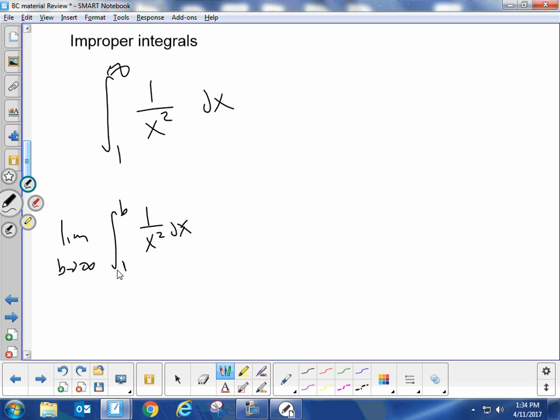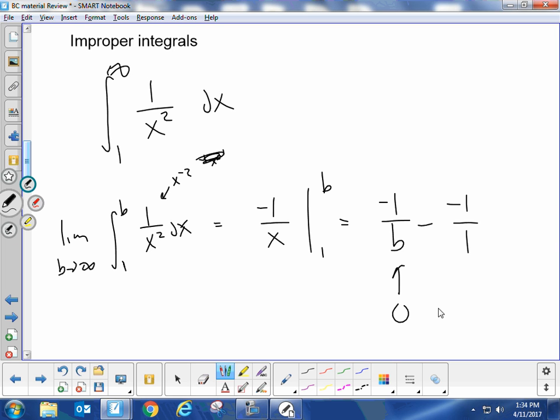So here we have the integral from 1 to b of 1 over x squared. I would write this as x to the negative second. The antiderivative of that would be negative 1 over x. This would be x to the negative first times negative 1, so negative 1 over x. And I'd find that change from 1 to b, and I'd get negative 1 over b minus negative 1 over 1. Now, if I plug in infinity for b, we know this would approach 0,